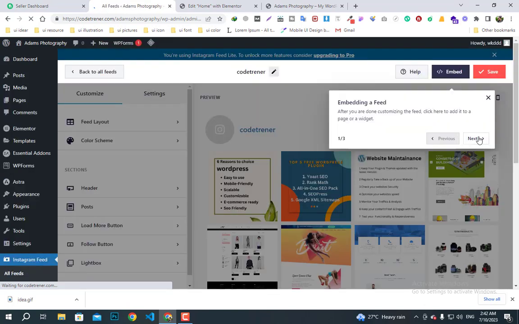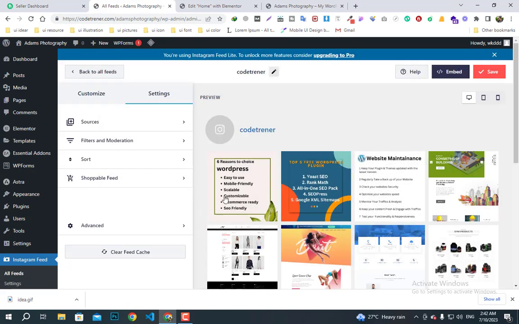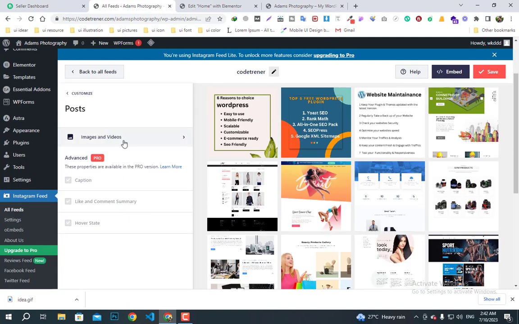Okay, then we have to click on next, finish. Okay, this is how our feed will appear on our web page. Still, we can do some customization, like we can select